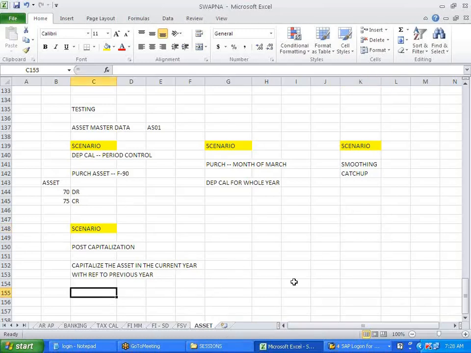Suppose this asset belongs to somewhere in the year, let's say 0101. This is 14, right? So 5 years behind means 0101 2009. 14 is my current period, then it will be 2010.